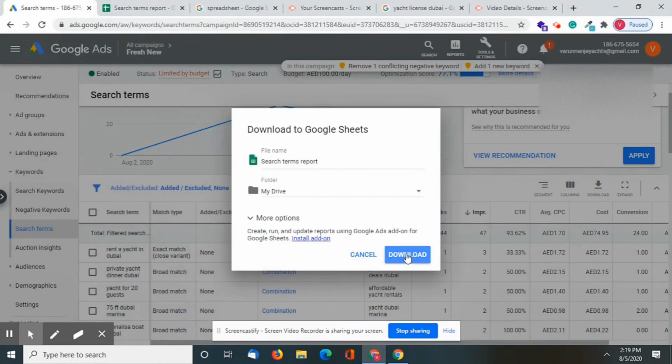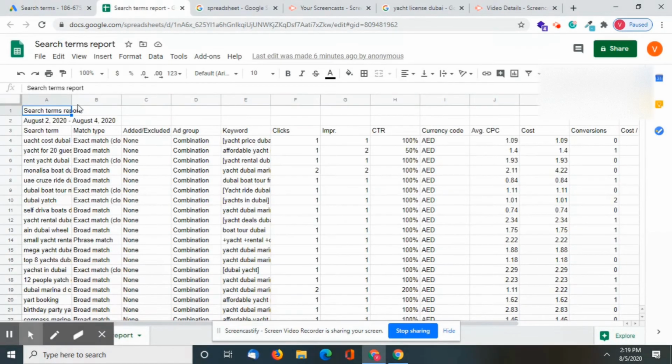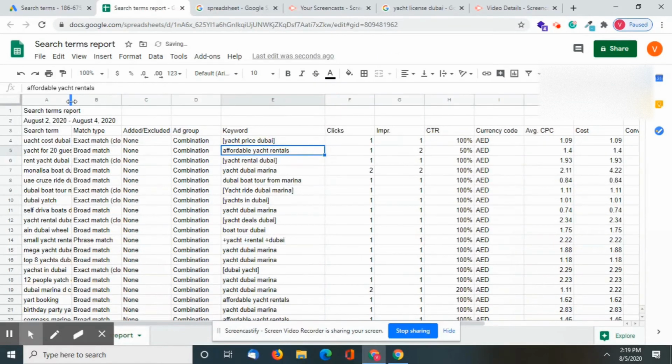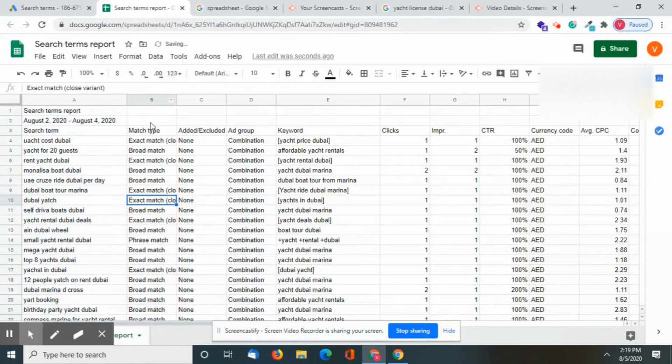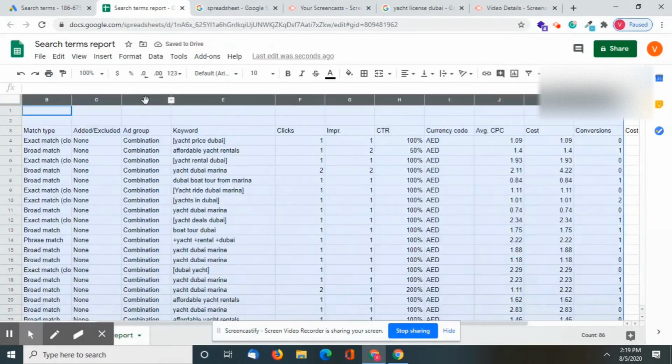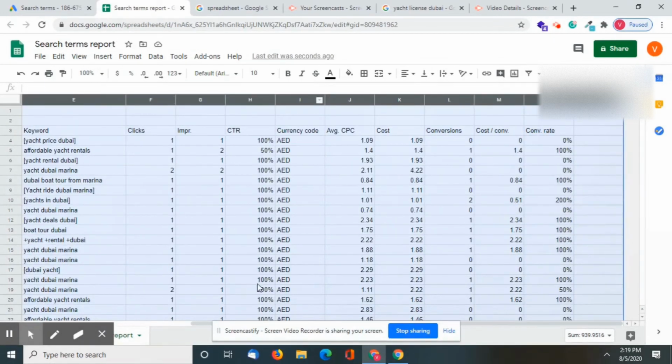It's up to you; you can click on Excel sheet or anything. I have already downloaded and added this search term report, so the report will be like this. It shows what keywords are being used and what the particular search term is that triggers this. I'm not going to keep a lot of data about conversion rate and everything.